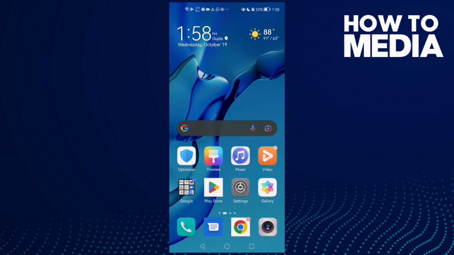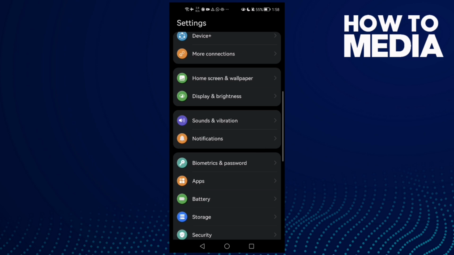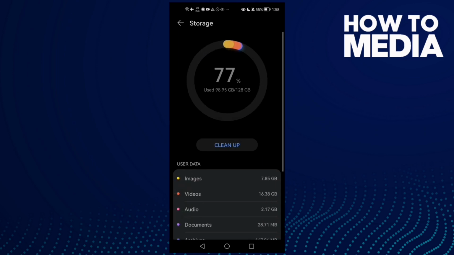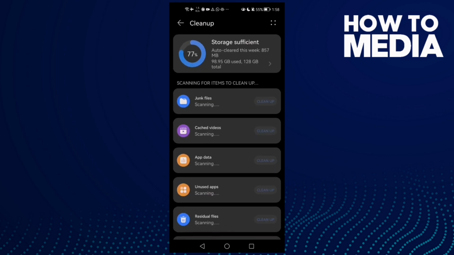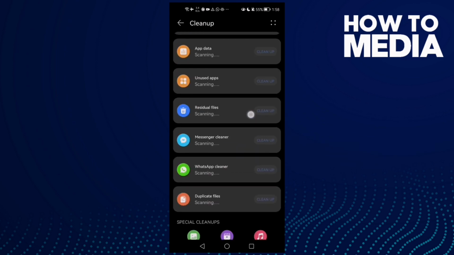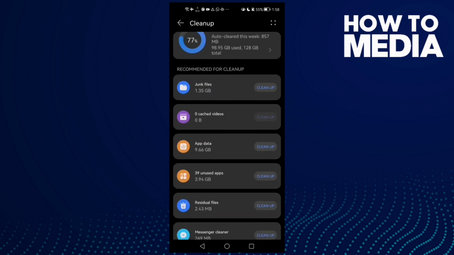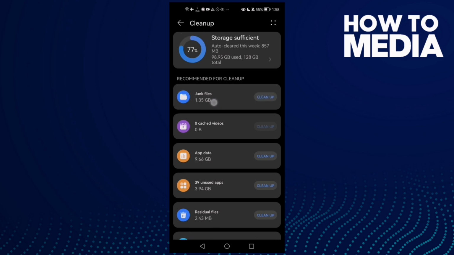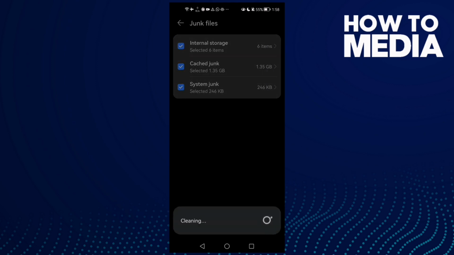For the first thing, just open settings and then scroll down until you find storage and then click cleanup, and now just wait for this one here. Just wait and then click on it. You will find junk files or cache. Just click on it and then clean it, click delete,